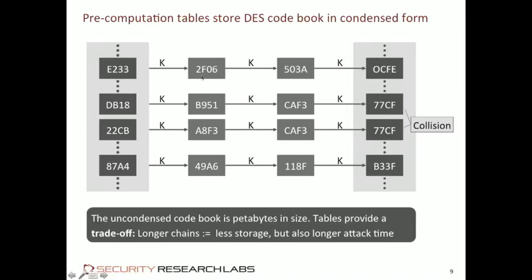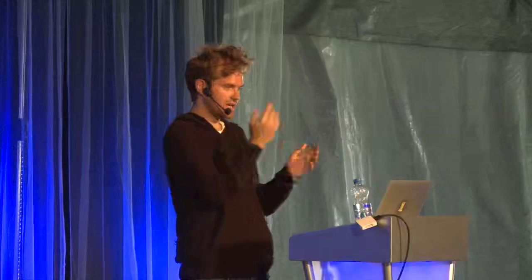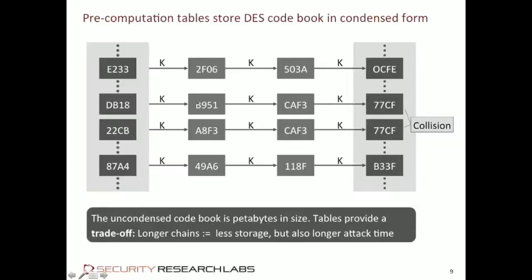You find it here, you know what chain it belongs to, and if the public value is in the chain, the secret value is also in it, just one step before. So you recompute the chain up to this point, and you got your secret. Right? So that's the simple time memory trade-off. Now in this super simple case, it doesn't actually work very well, because as you can see here, sometimes values collide, and then you generate a lot of redundancy. Chains become more and more similar, and if this is terabytes in size, most of it will be redundant.